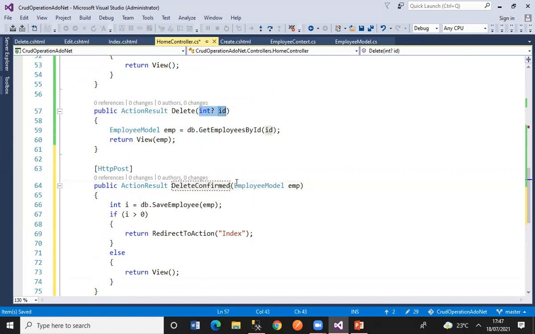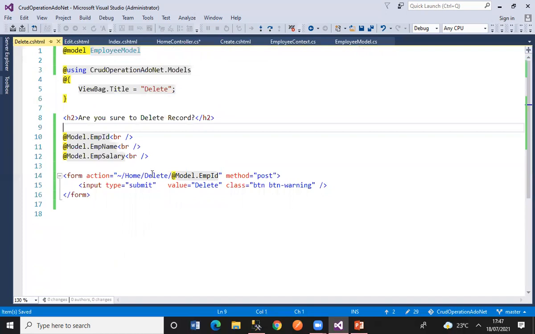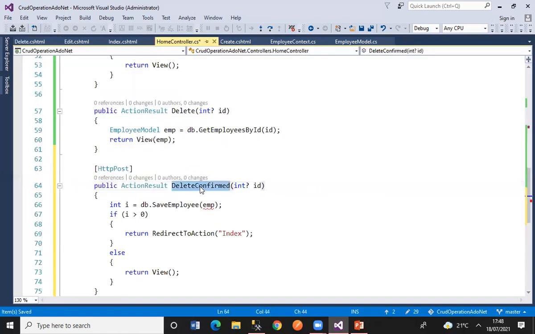Obviously, what we have written on that particular method is that we want to redirect for deleting a record. We want to redirect to the Delete method, which contains a parameter as ID. To that particular method we want to go, right? The Home controller Delete method: we want to go where that particular ID is caught. So which method? Delete method, right? We are expecting it. But what method did I write here? I have written DeleteConfirmed.